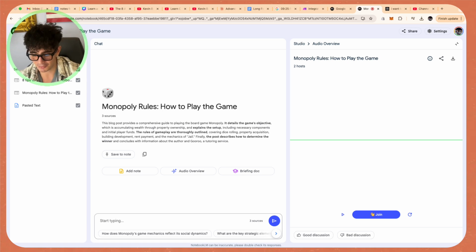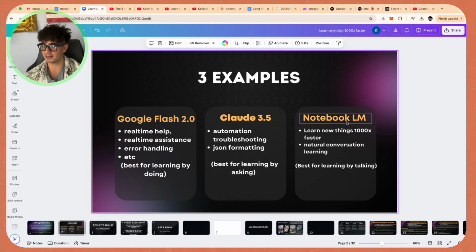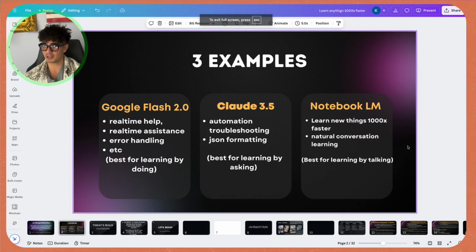And so Monopoly, guys, obviously is not a super high level thing to understand, but the example of Monopoly definitely demonstrates how in-depth the NotebookLM can go with basically any topic that you send it. And we only sent in 3 different sources, right? So you can send up to 50 sources. And so learning things from scratch would be NotebookLM. Once you learn it, then you can implement it with Google Flash. And then once you run into some errors with Google Flash, you can ask Claude on how to actually fix the errors. And so this is the workflow that I'm personally using to get ahead in learning AI as fast as humanly possible. So